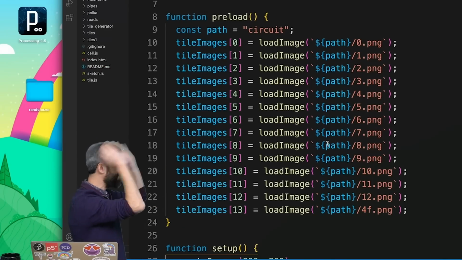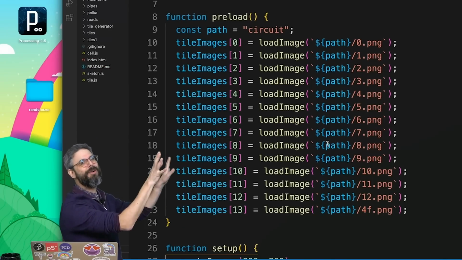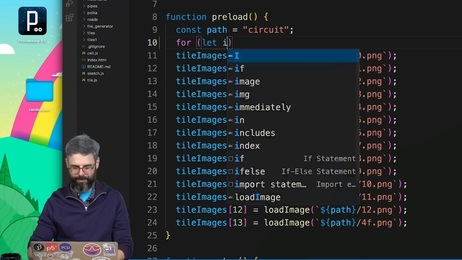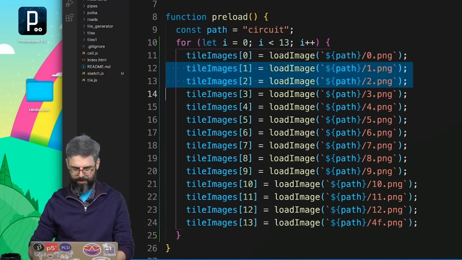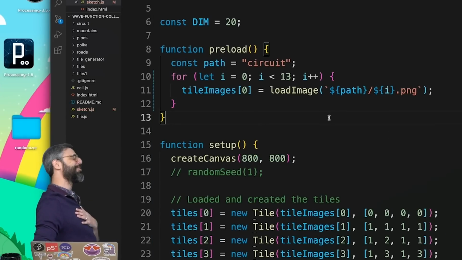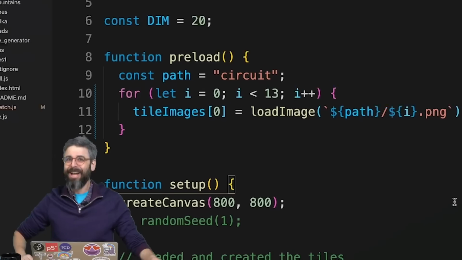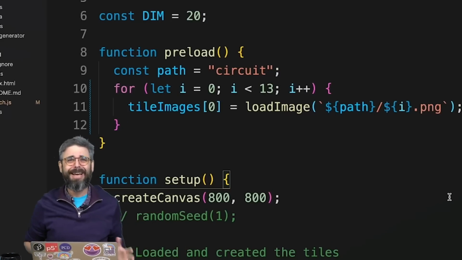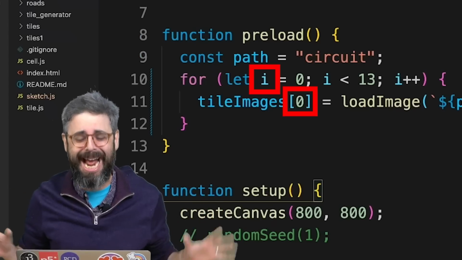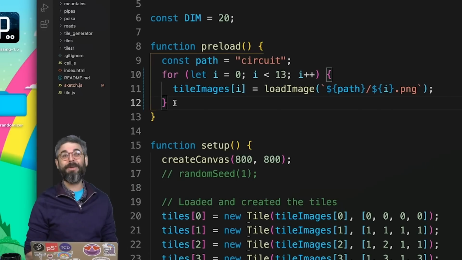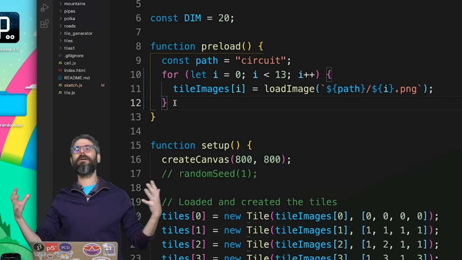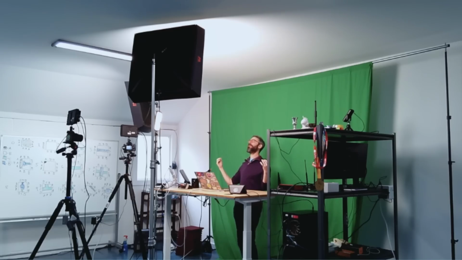First thing, I can turn this into a loop, which is going to make all of our lives so much better. Don't you just feel so much more at ease and relaxed? Tile images. No, I'm not relaxed at all. In fact, I'm totally panicking. That would have been very unfortunate to find later. But now,